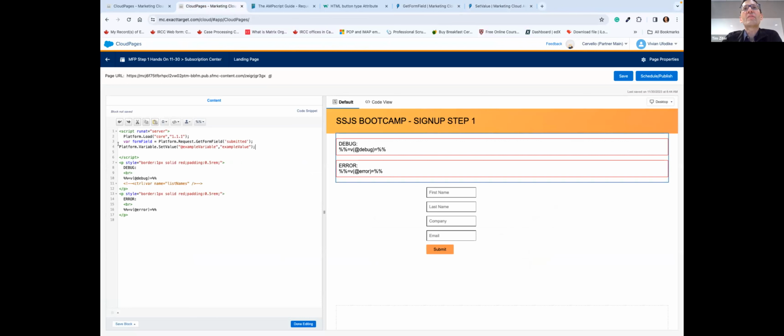Perfect. And so for the first value, what we want to put in there is what we've got in our debug and error output, which outputs those variables. So if you put in there the @debug variable syntax, you see that on line 10 there's an @debug. If you copy that and paste it into where the example variable value is,